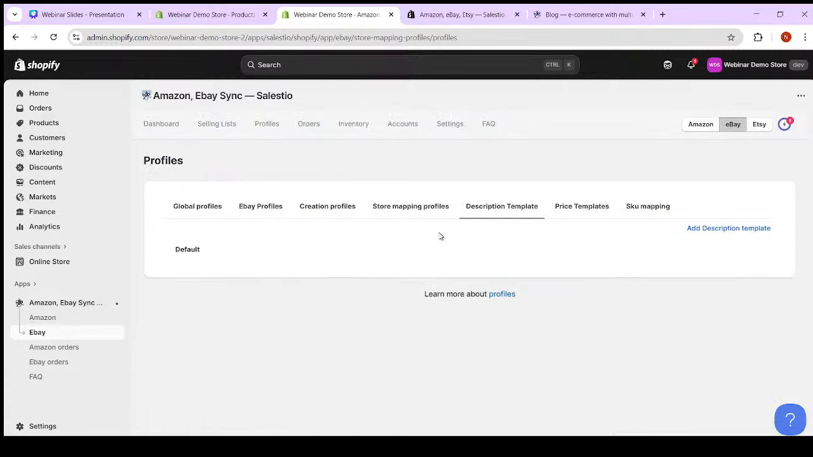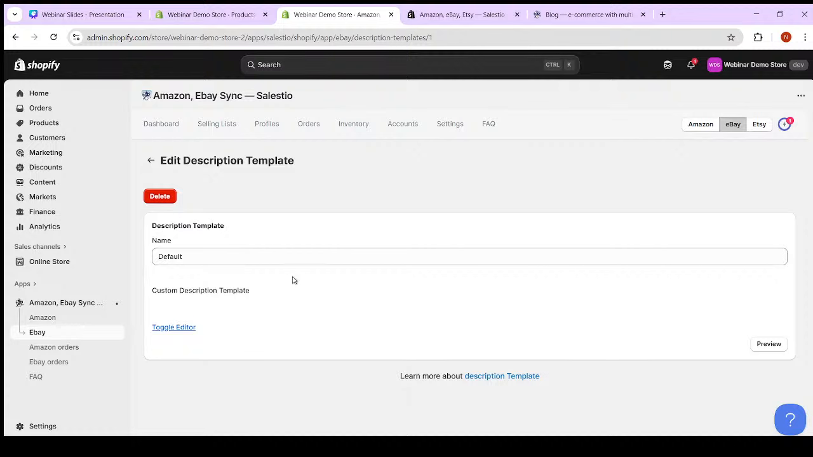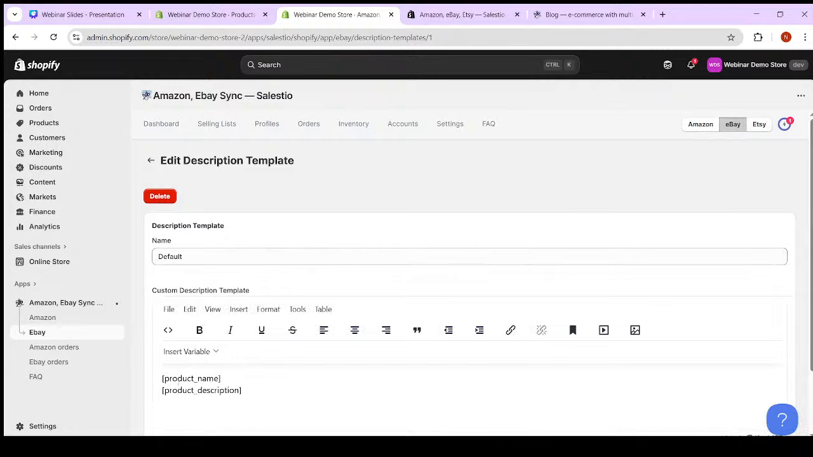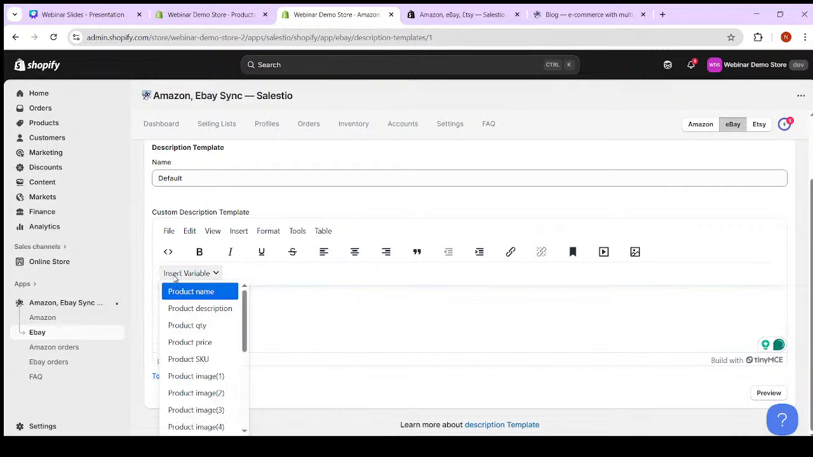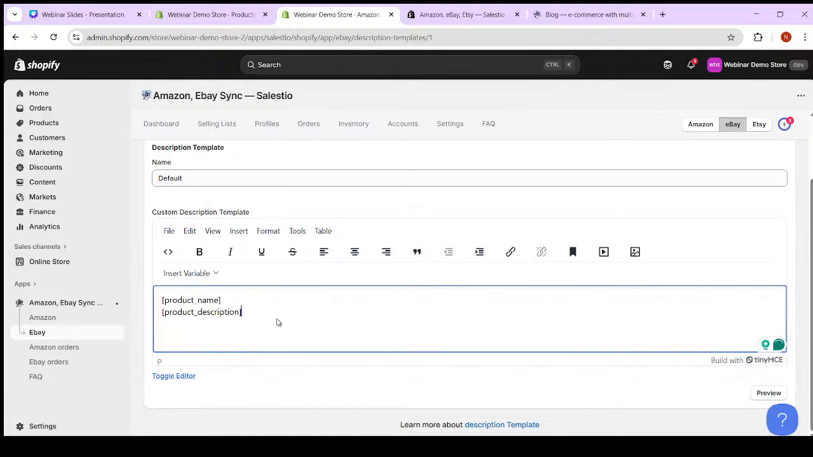The next step is adding the description template. When you install Salestio, it adds the default description template where the product name and product description from Shopify is added. But also here you can add some extra details. Again, you can use meta fields. They will be shown if you click Insert Variables. If you want to add some extra information about the product, maybe you would like to add some disclaimers, or maybe you would like to add some information about your brand, you can place it here